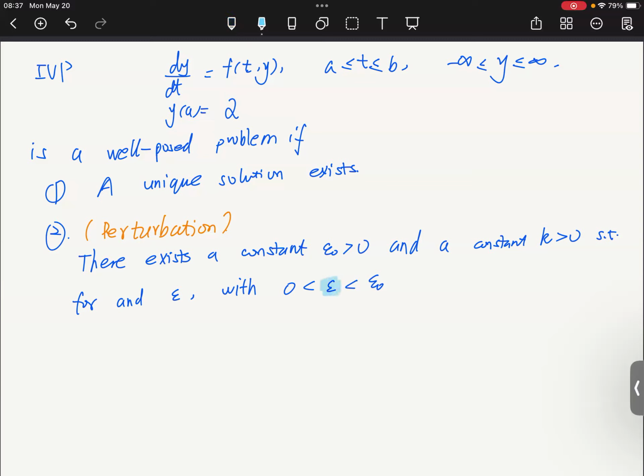So this number is in between the constants epsilon 0 and 0. So for any epsilon in this range, we have